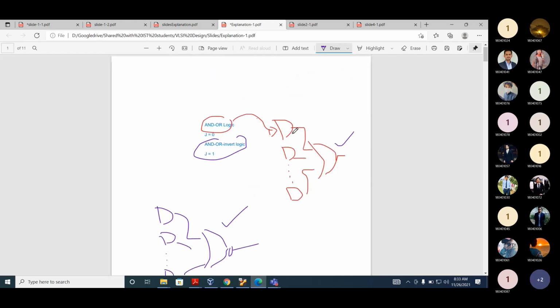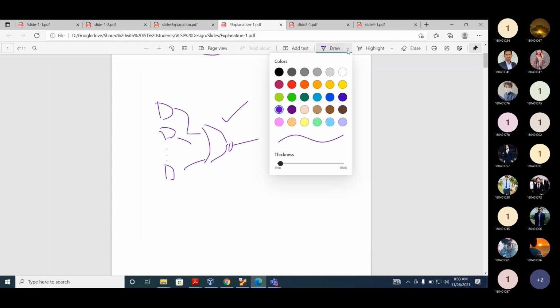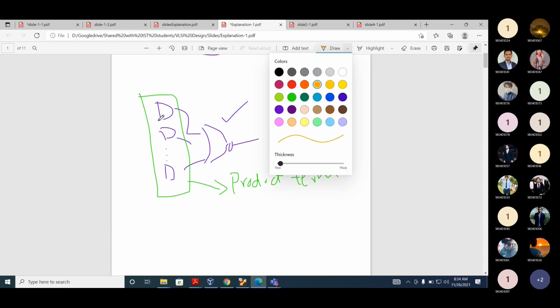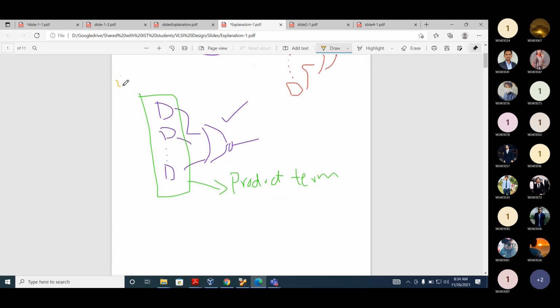Actually, if you look at this whole block, this is from where the product term is coming. And at the input of these gates, there are some inputs, I0, I1, and so forth, up to I36.